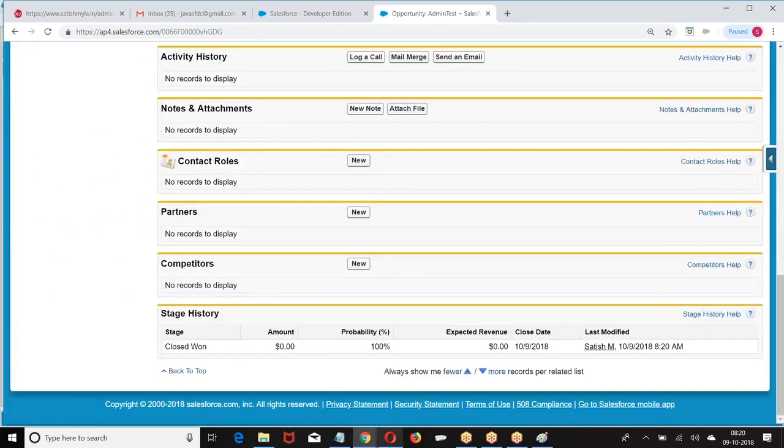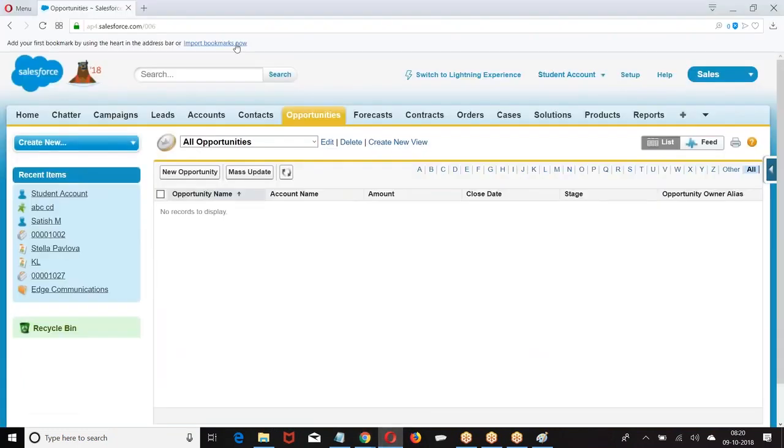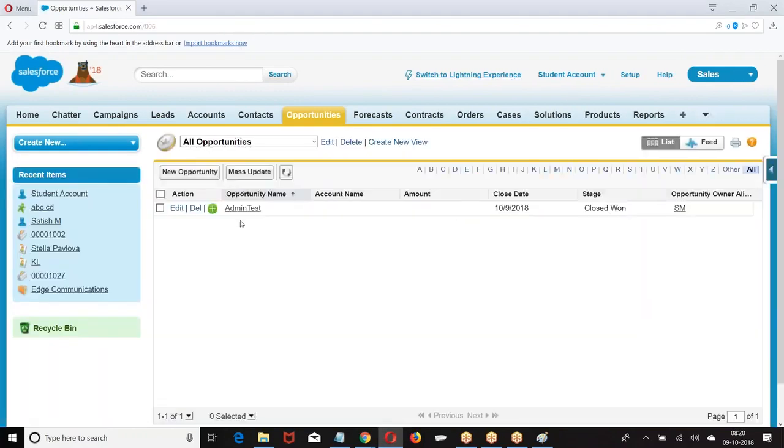Now go to the student account and see whether the record is visible to this user or not. The student was able to see this admin test. Now OWD is what? Private. Even though OWD is private, this user was able to see it because of what? Opportunity sharing rules defined dynamically.